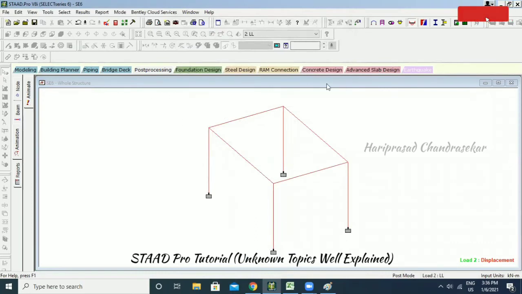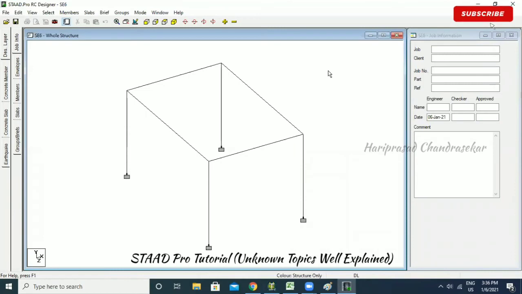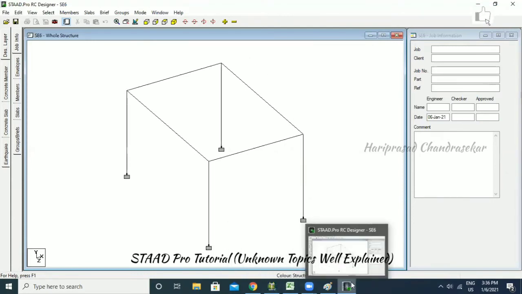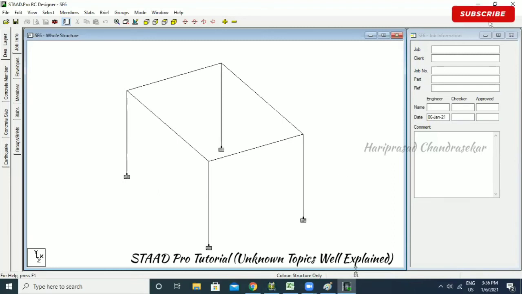I'm going for a concrete design over here. Can you see the tab for concrete design in post-processing? Now I'm clicking it. Once you click that tab, you will get a new window. This is the concrete design window. So we also have STAAD.Pro here, and we also have Concrete RC Designer here. This is an inbuilt tool in STAAD.Pro. Before it was not there, now it is there. Even in the later versions it was there, and in earlier versions too, but most people are not using it, but you can use it.